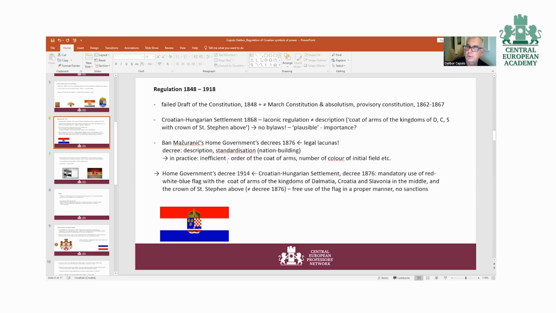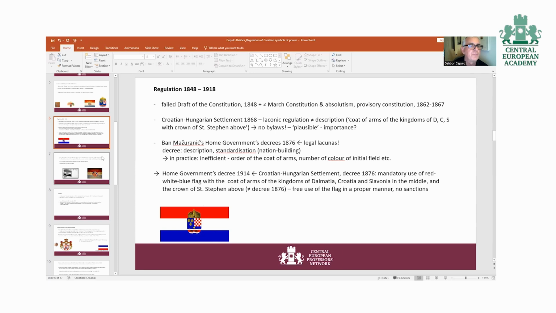The symbols appeared in different forms with different numbers of fields, with different order of coats of arms, and so on. So it was only the Home Government's Decree of 1898 that set a more standardized and more descriptive order into the use of this